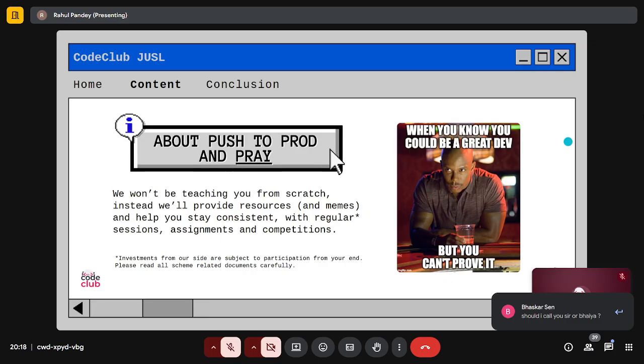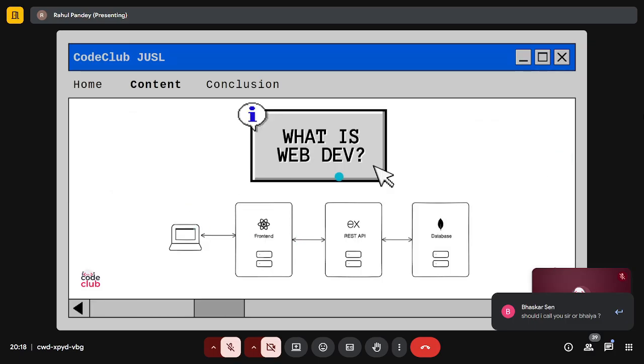Moving on, I'd like to talk a bit about web dev. This might seem trivial, but I think it's a good idea to have a fundamental overview of what's happening. So, web dev, of course, consists of two words, web and development. To understand what the web is, I think I'll explain what the internet is first.